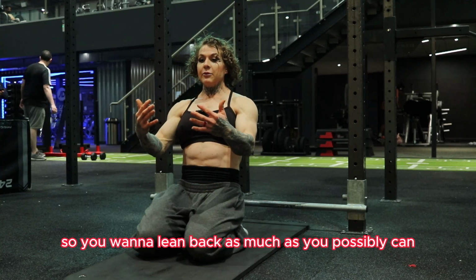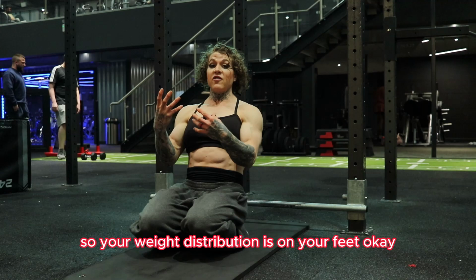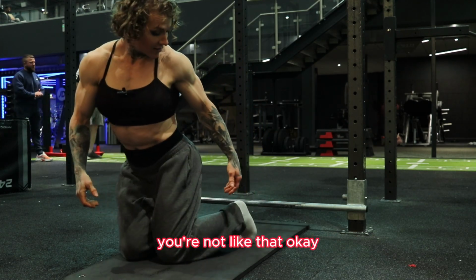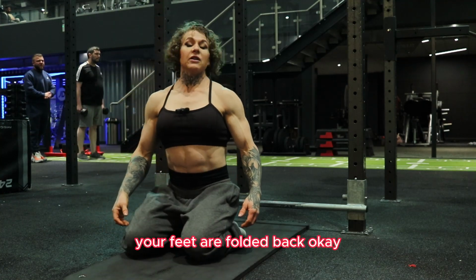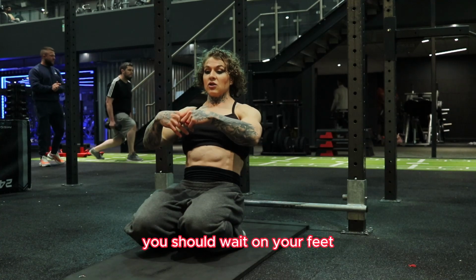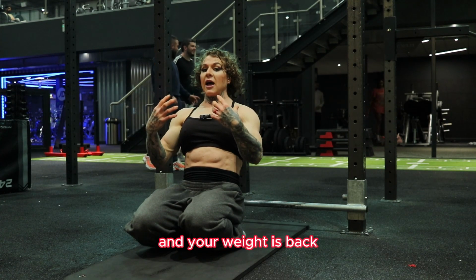So you want to lean back as much as you possibly can, so your weight distribution is on your feet. Okay, your feet are folded like that. You're not like that. Okay, your feet are folded back. So weight's on your feet, and then as your weight's on your feet and your weight is back, you're